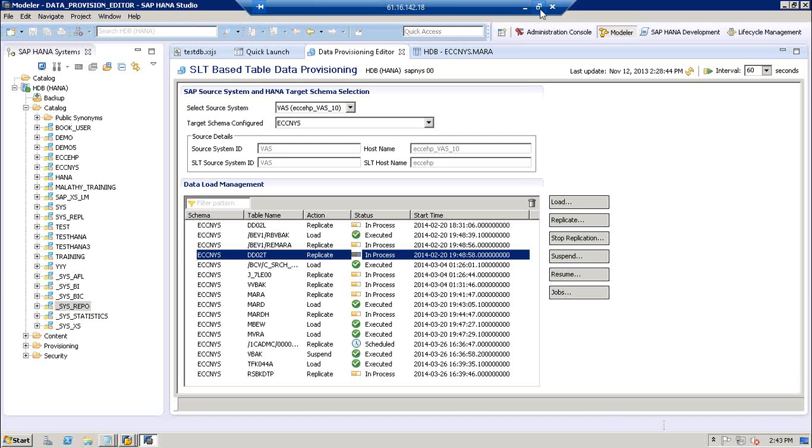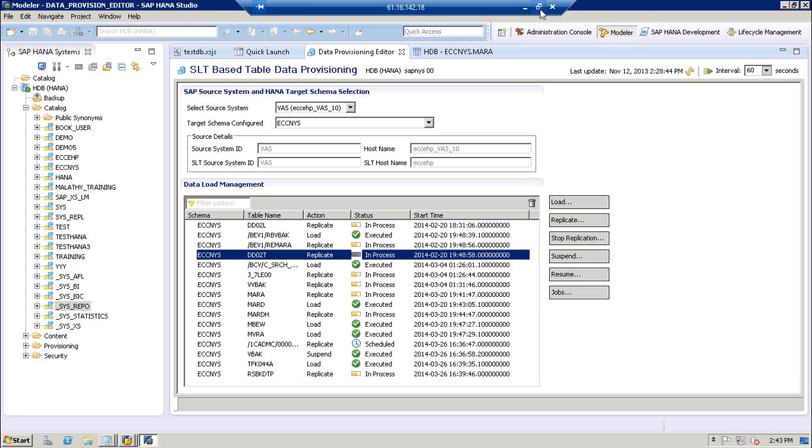Correct. This is the beauty of real-time reporting. It is why HANA is getting more popular as an in-memory database for reporting: it is able to provide real-time analysis of the data. Anything changed in ECC is immediately replicated to HANA, and then you can see the updated value in a report.